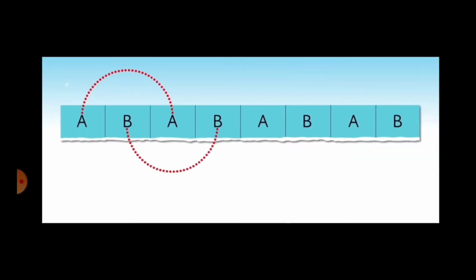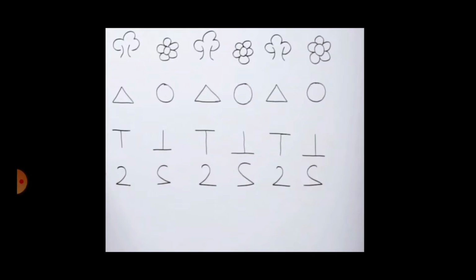Here you have some letters. Yes, A, then you have B. After B again A is repeated. After A again you have B, and it goes on as A, B, A, B. So these are the types of patterns that we have in our maths. Now children, you can use these repeated patterns, or you can create your own patterns using figures, shapes, alphabets, numbers. You can see a tree, a flower, a tree, a flower.